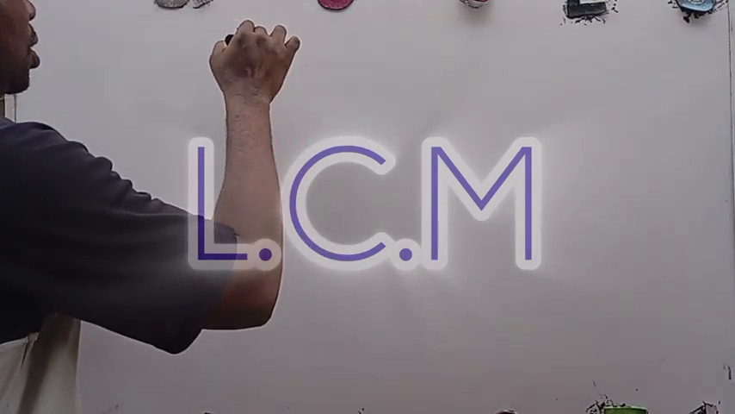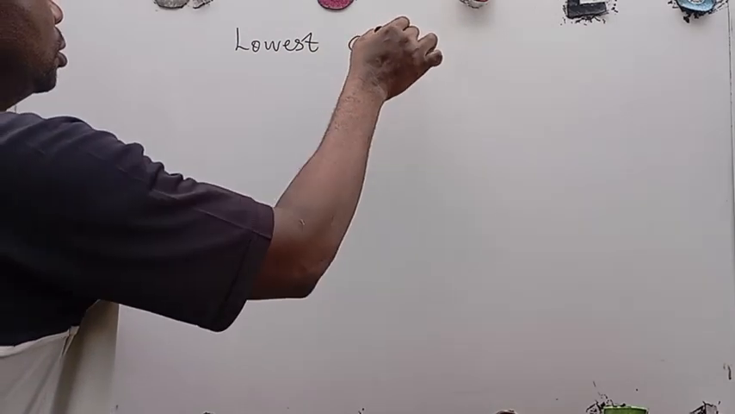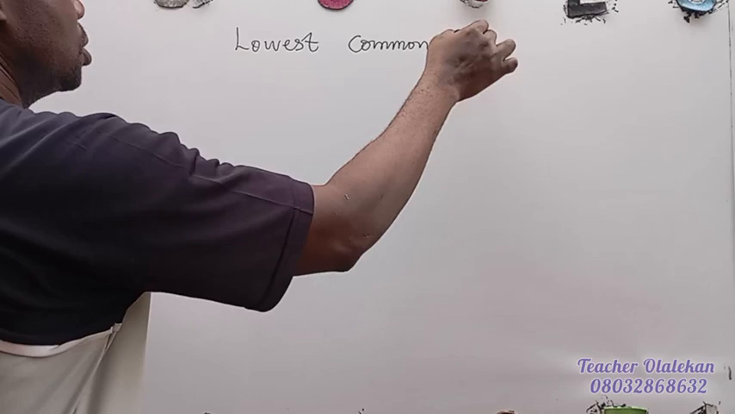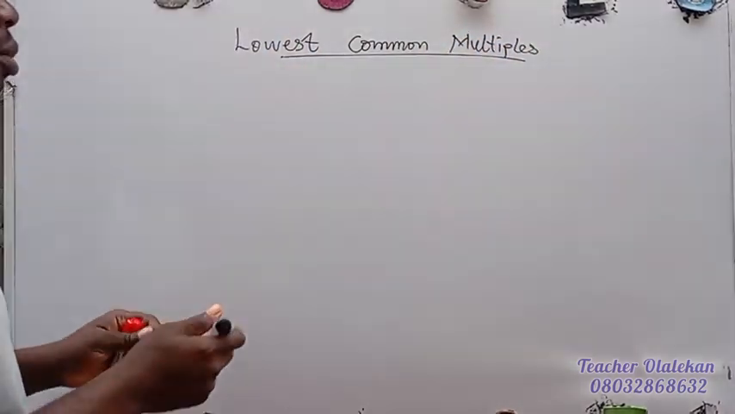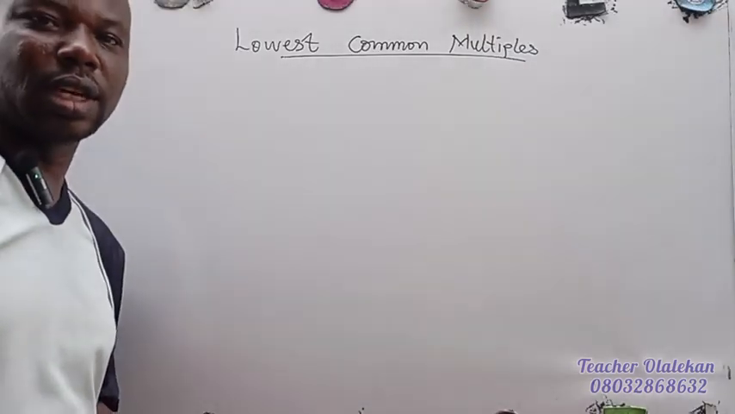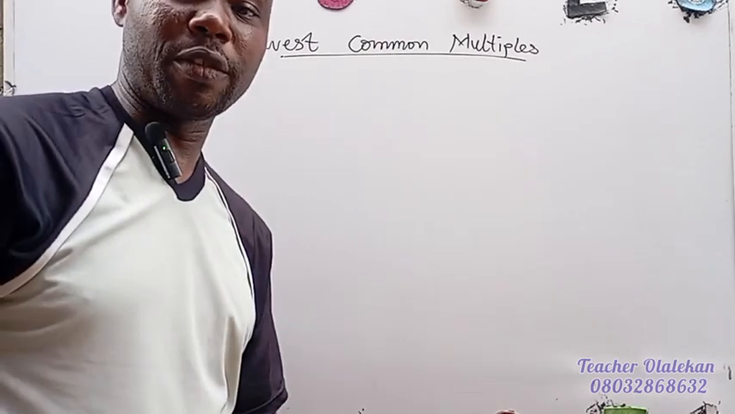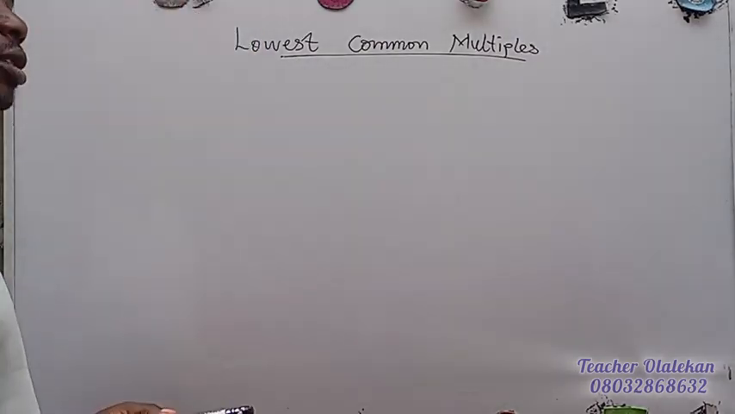So today we'll be learning lowest common multiples, popularly known as LCM. So what is LCM? To simplify it, I'll be using two methods, and the methods, let's call them method